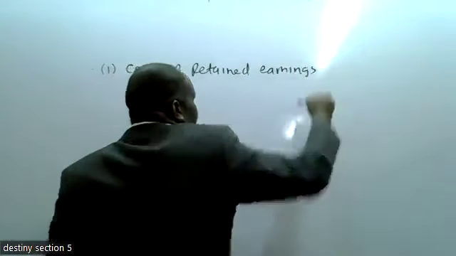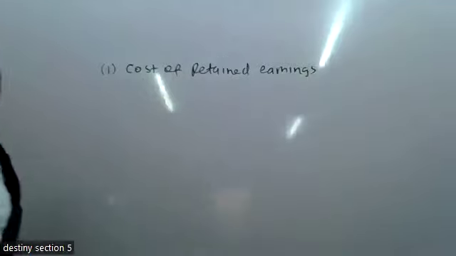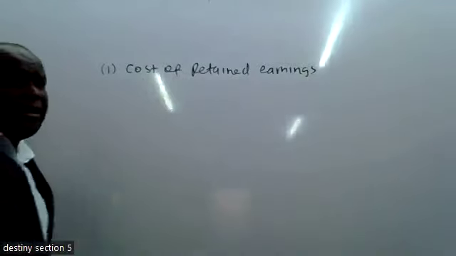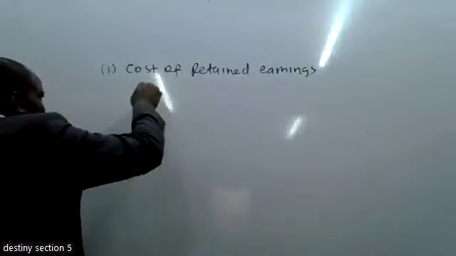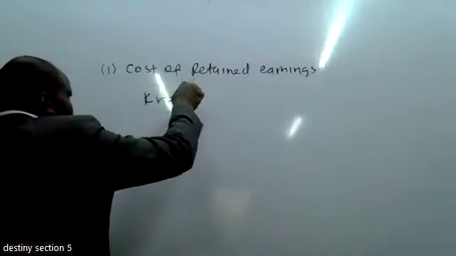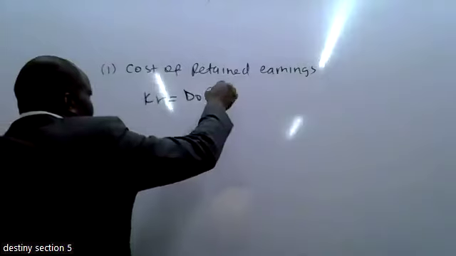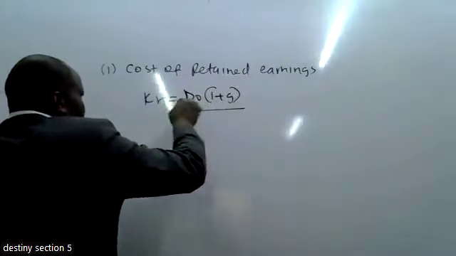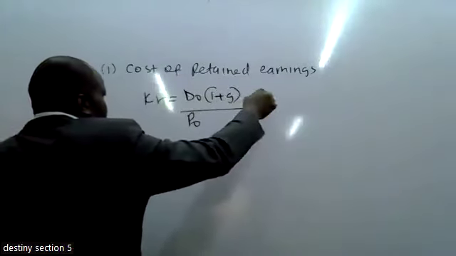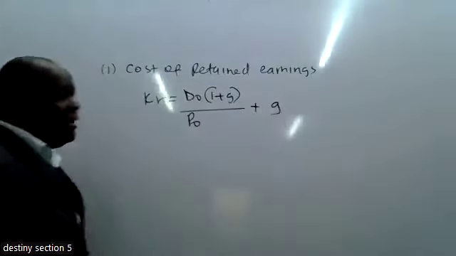So the cost of the retained earnings is KR. KR should be given by D0 (1 plus g) divided by P0,